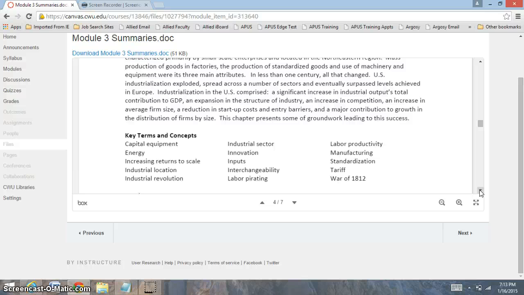So some key terms that we looked at this week is labor productivity. And productivity is measured by how much a worker can produce per hour. Another key component that we're going to be looking at is input. And the inputs are looking at the labor and capital trade-off that we're facing in our economy. So that's another key component.